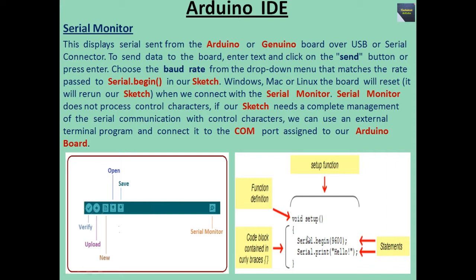So like that, here just written the code Serial.begin and within parentheses just write 9600. Okay, and this is already discussed. These are the 5 leftmost buttons: verify, upload, new, open and save, and the rightmost part is the serial monitor. Okay,